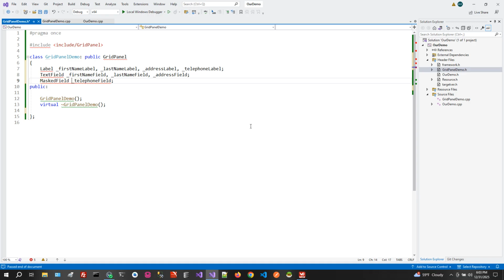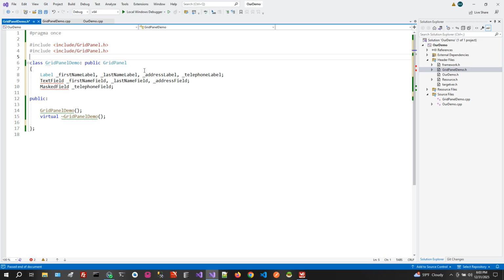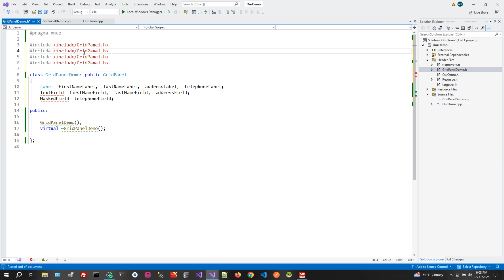That way we can set the format on that. There's a mask that we can set. We're going to use the US phone number format. So in order to use these, we just have to include the right header files. So we just put a label in there, text field, masked field,